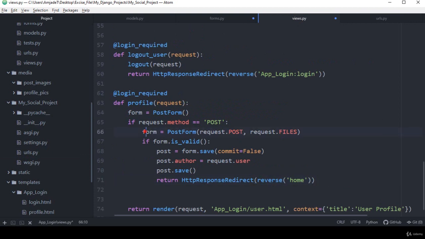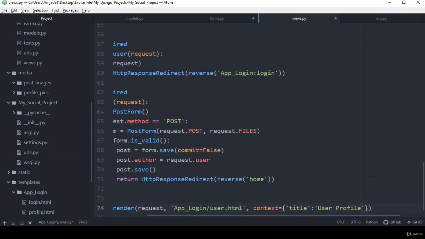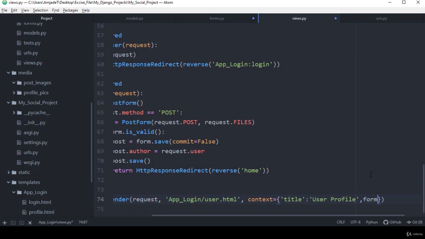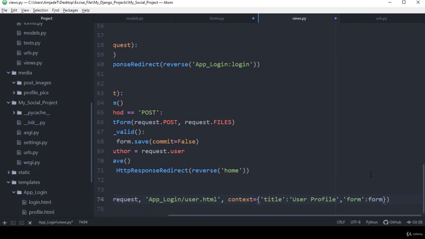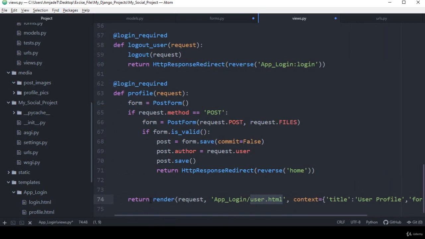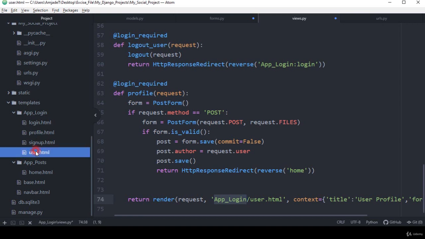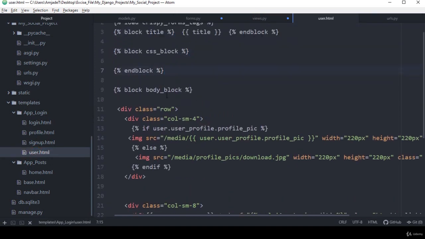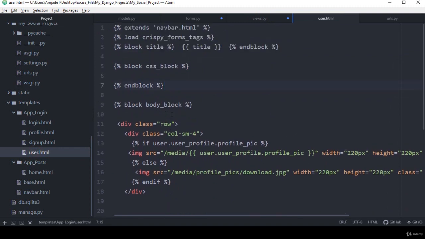So that is our form. Now we have to pass this form in our user.html, because in the user.html it should be visible. So after this I want to pass our form. Sorry, it should be in single quotes, that will be 'form'. I pass our form. So now we can access this form in our user.html page, right, friend? That is our template, that means in our app login, and then that is our user.html. Here I want to make our form visible. So how can we do this work? I want to continue this process